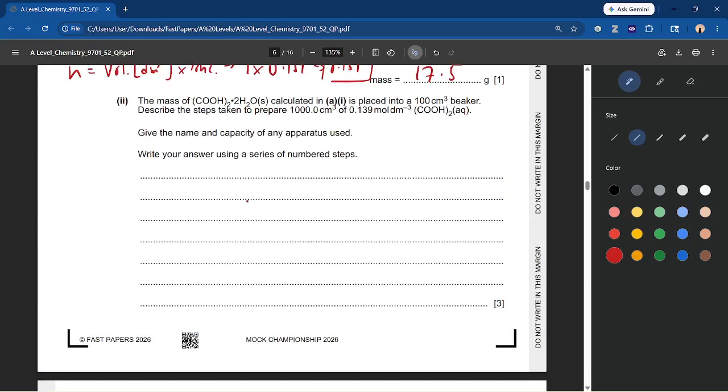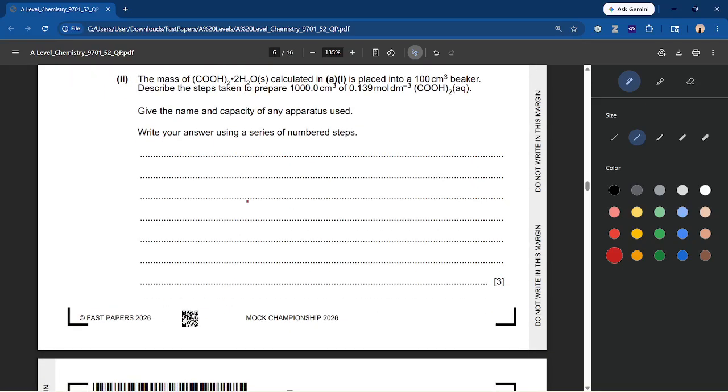And let's take a look at what we're told here. The mass of ethanedioic acid calculated in A1 is placed into a 100 cm³ beaker. Describe the steps taken to prepare 1000 cm³ of 0.139 mole per dm³ ethanedioic acid. Give the name and capacity of any apparatus used. Write your answer using a series of numbered steps. So what you're first going to want to do is